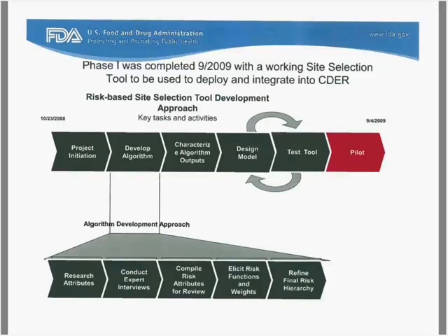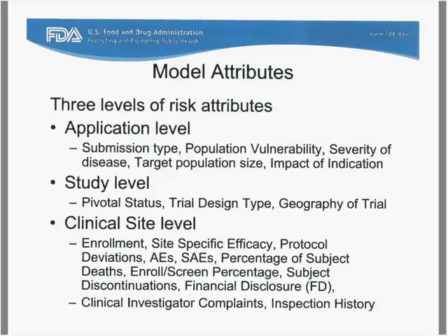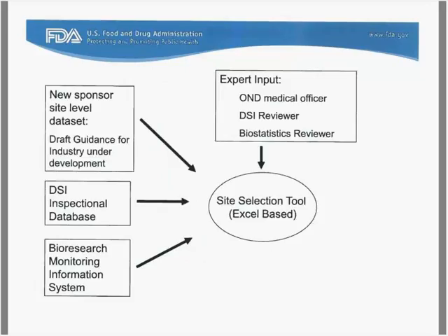And then this document I provided here demonstrates how they're going to start selecting their sites, especially in this risk-based model. What are they going to be looking at? One of the things we see in terms of risk itself is the pivotal status of a trial, the design type, and the geography of the trial. These are just a few of the factors that contribute to our decision on whether or not to take a risk-based approach. That's also going to be part of their decision when they actually select the site to inspect or when they actually focus on